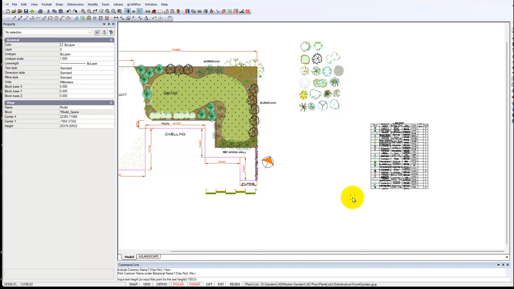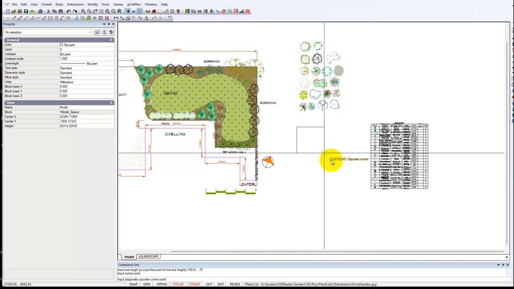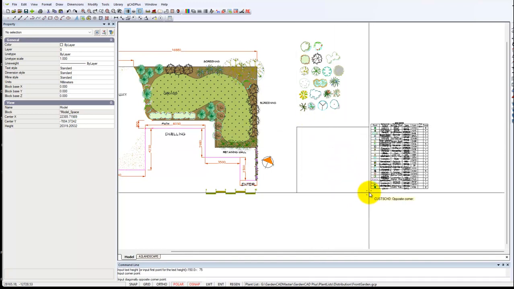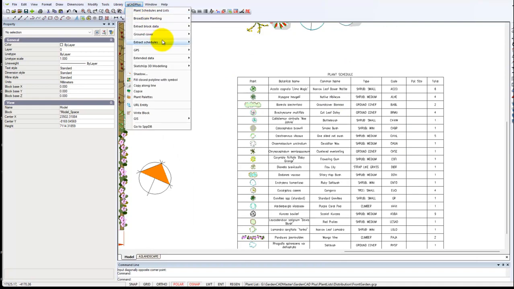We used to cite a size for the text of 150. Let's halve that, and we'll go slightly wider, and in we go. So there's the schedule run again,